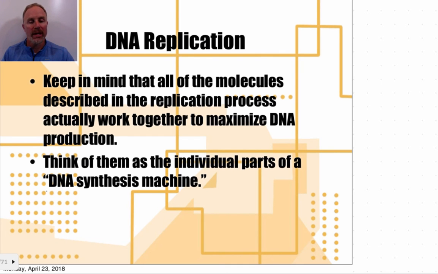And what you want to do is you want to keep in mind that all of the molecules that we're talking about here to describe the process of DNA replication, you're trying to maximize the efficiency, and you're trying to do so accurately. And all of these things that we're talking about, all of those enzymes and such that we listed there at the very beginning here, you want to think of those as a DNA synthesis machine, because what they're doing is they're synthesizing DNA, and they're all working together, and they're all making up a part of this complex machine that can't work without any of the individual parts. Okay,